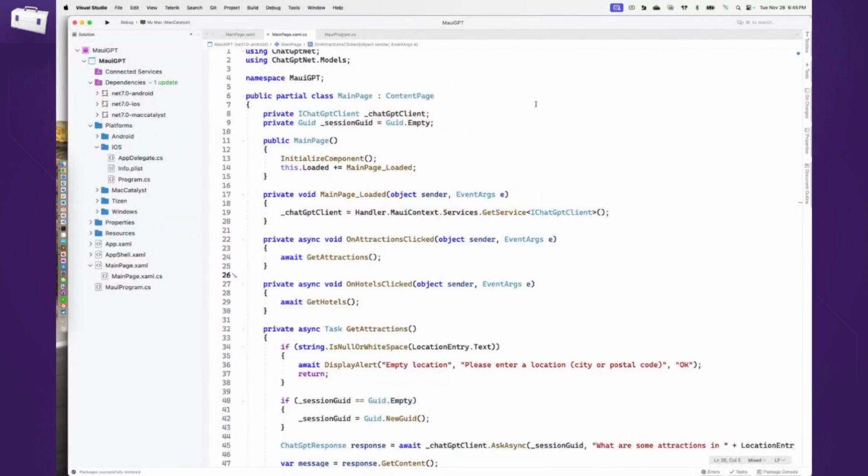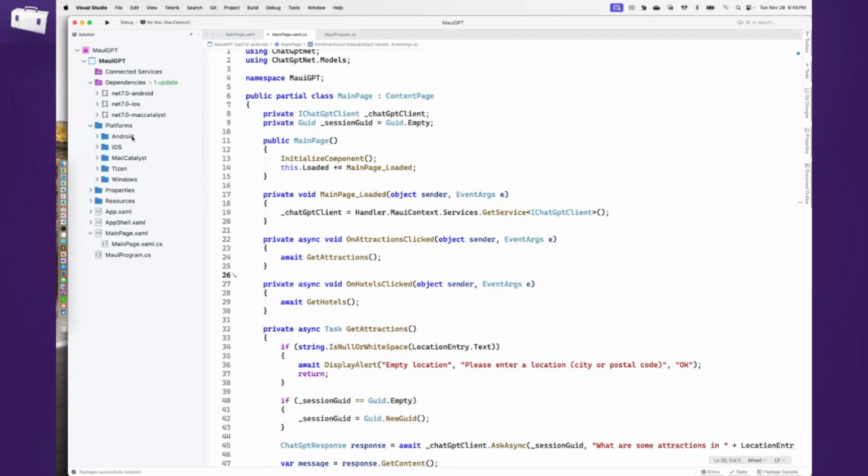This one here, I just happen to have it open in Visual Studio, and I can open the same project in Visual Studio Code as well. This one here is a .NET MAUI app, so it's cross-platform by design. I can run this on iOS and Android, so mobile is covered. I can run this on Windows and Mac, so desktop is covered, and I can also do Tizen. So a lot of different platforms where this thing can run.